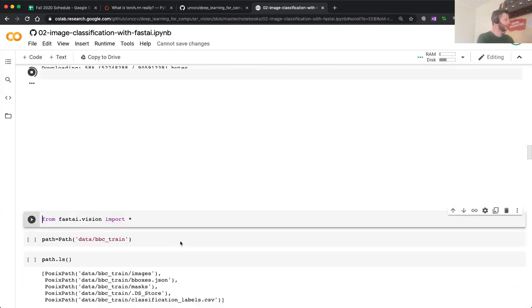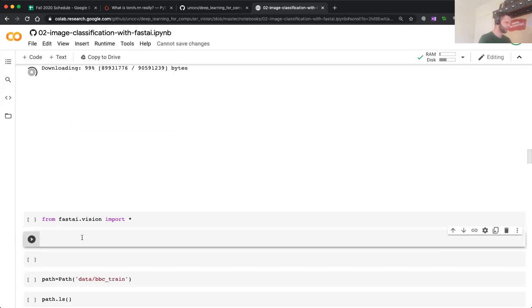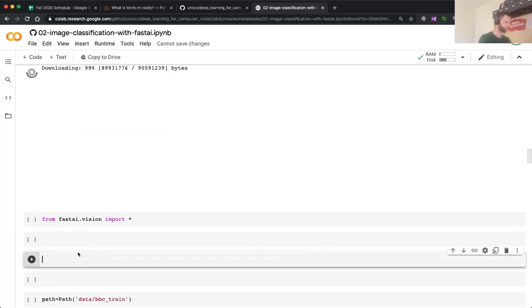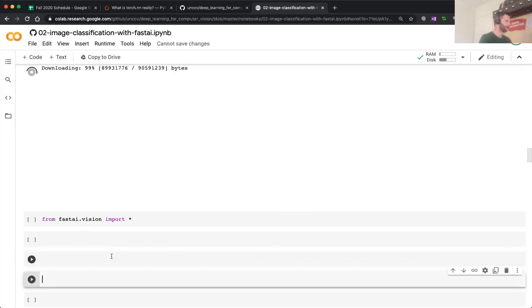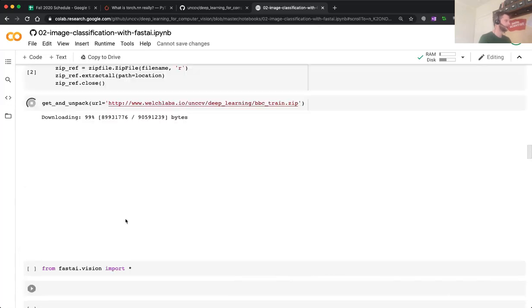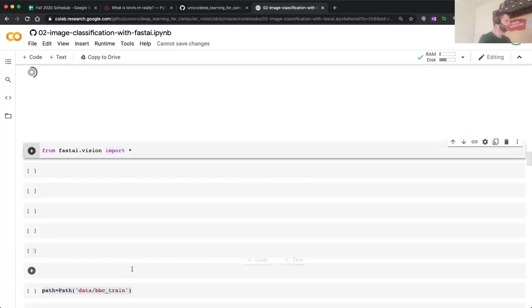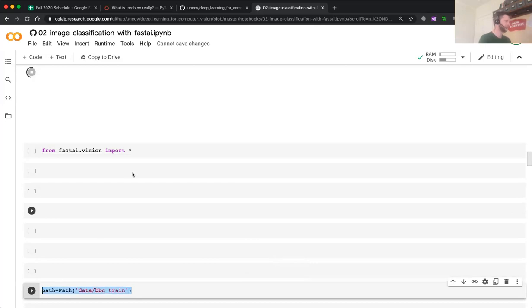And while we're doing that, we can get going with the next steps. What I like to do sometimes for fun is to code this from scratch in fastai. So we might try that. Let's see if I can insert some blank cells. So Control M B. Oh yeah, there we go. I'm going to insert a few blank cells, and we'll see what we can do. All right. So this data set is 99% downloaded. It's almost there. Okay. And I'm about to import fastai, and then we'll see what we can do with fastai